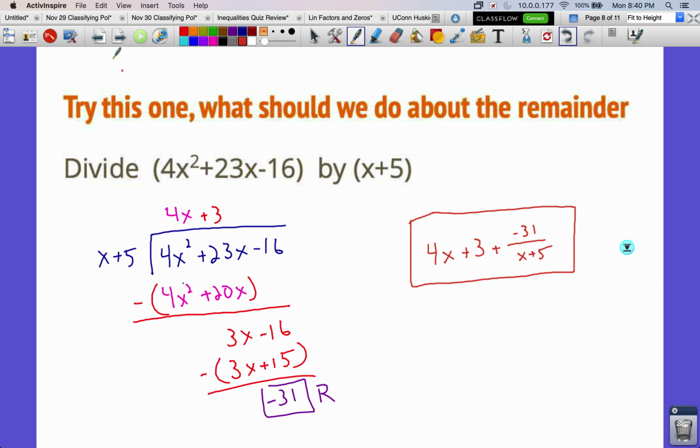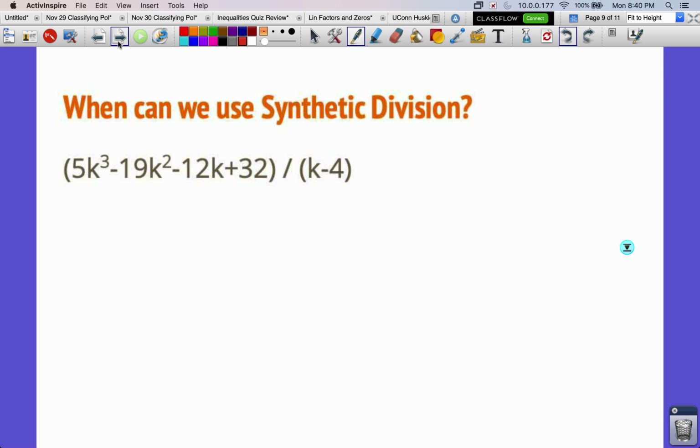Okay, so now you've seen it. You won't have to deal with remainders on the test though. Okay, can we use synthetic division to do long division? The answer is yes in very specific scenarios. So right here,